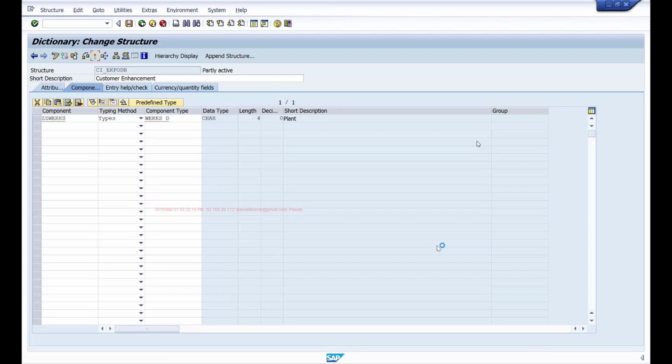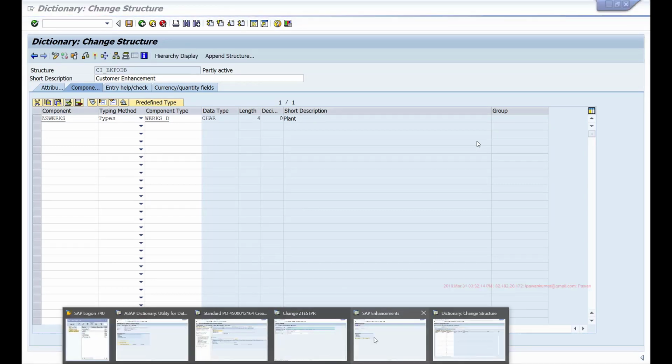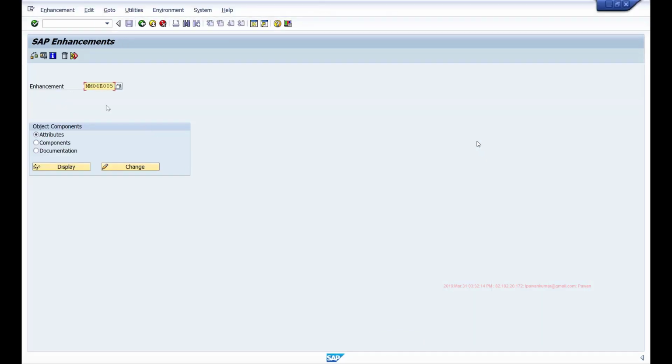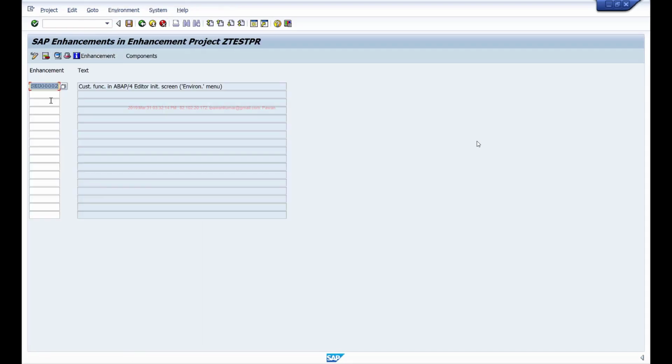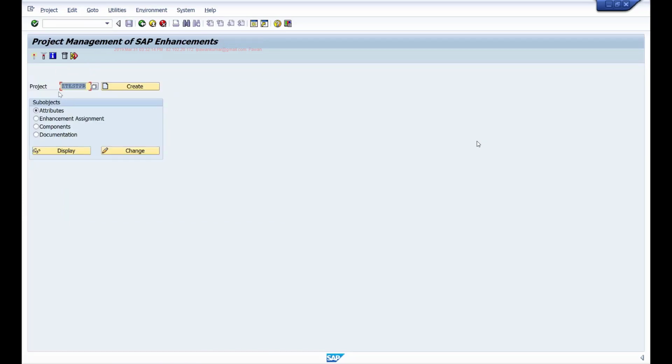While this activates, let's implement the enhancement. If I go to CMod, this is the enhancement we want to implement. So I'll go to CMod, and in the same project I'll implement this enhancement. Somebody has already implemented this enhancement in this project LO020. So let's go to that project, LO020,